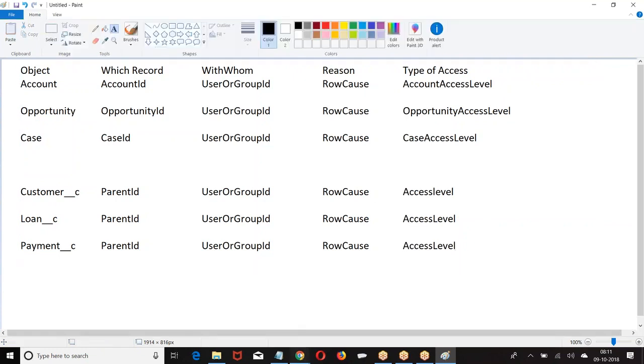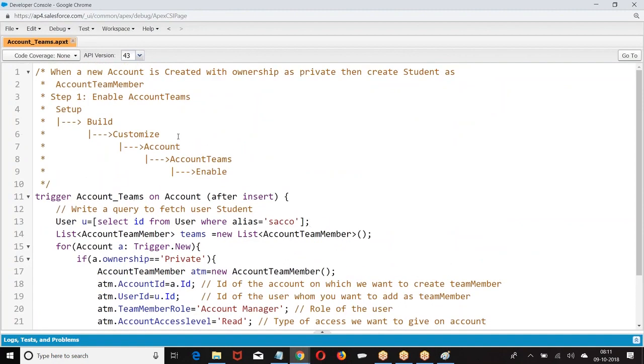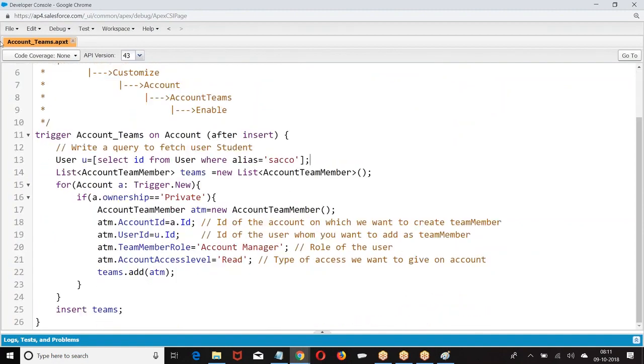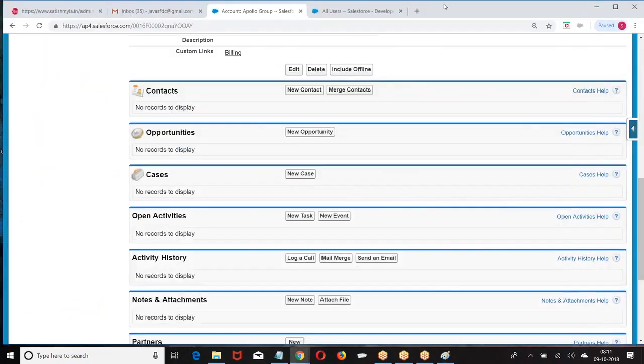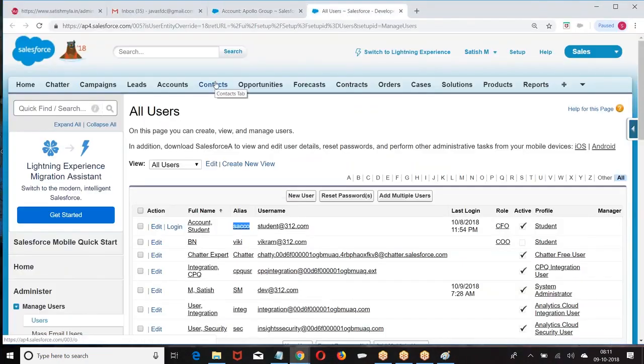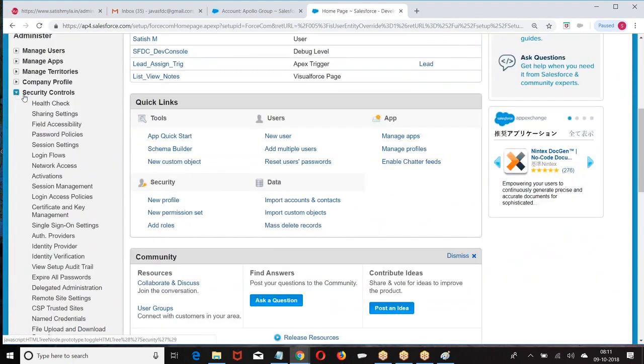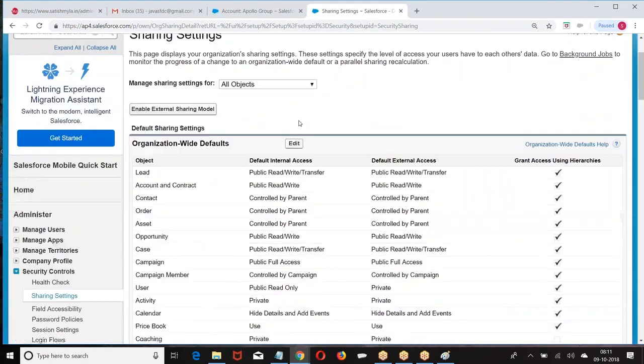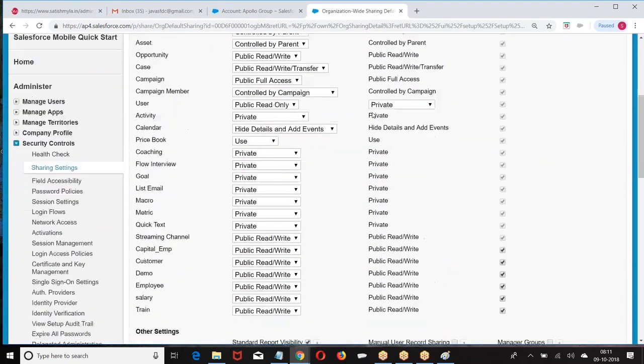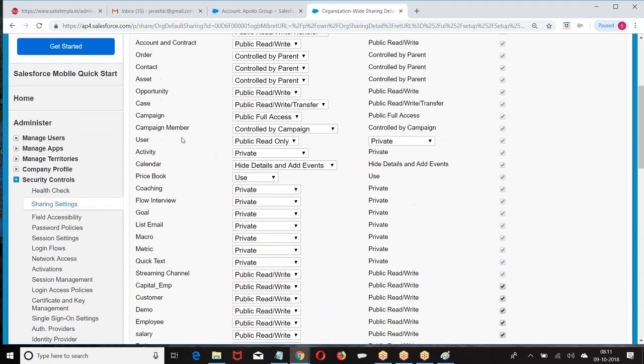So let us go with this one. First, if I want to share a record, OWD should be private or public read. If it is public read and write, there is no need for any sharing rule, because public read and write means everybody is able to see every record. So if OWD is private or public read, only then can we perform this. Go to opportunity.